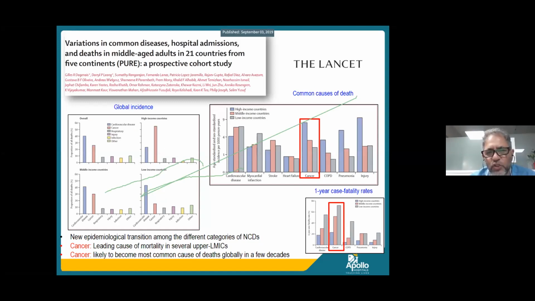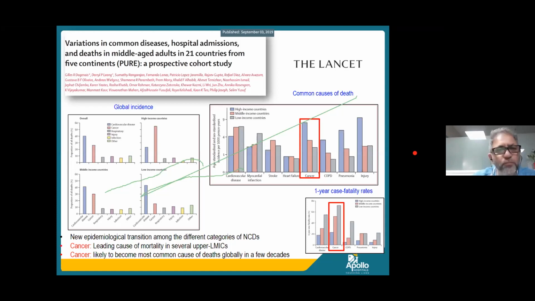And it showed that among the various NCDs, which is cardiovascular, MI, stroke, heart failure, chronic obstructive pulmonary disease, injury, pneumonia, and so on and so forth, cancer is very likely to become the common cause of death globally in a few decades. And in many parts of the world, especially in the lower income countries and certainly in the high income countries, already cancer has overtaken cardiovascular disease in many forums. So this is a sobering thought, and therefore whatever we have to do for this cancer is becoming a public health hazard, as we already know in the last few years,